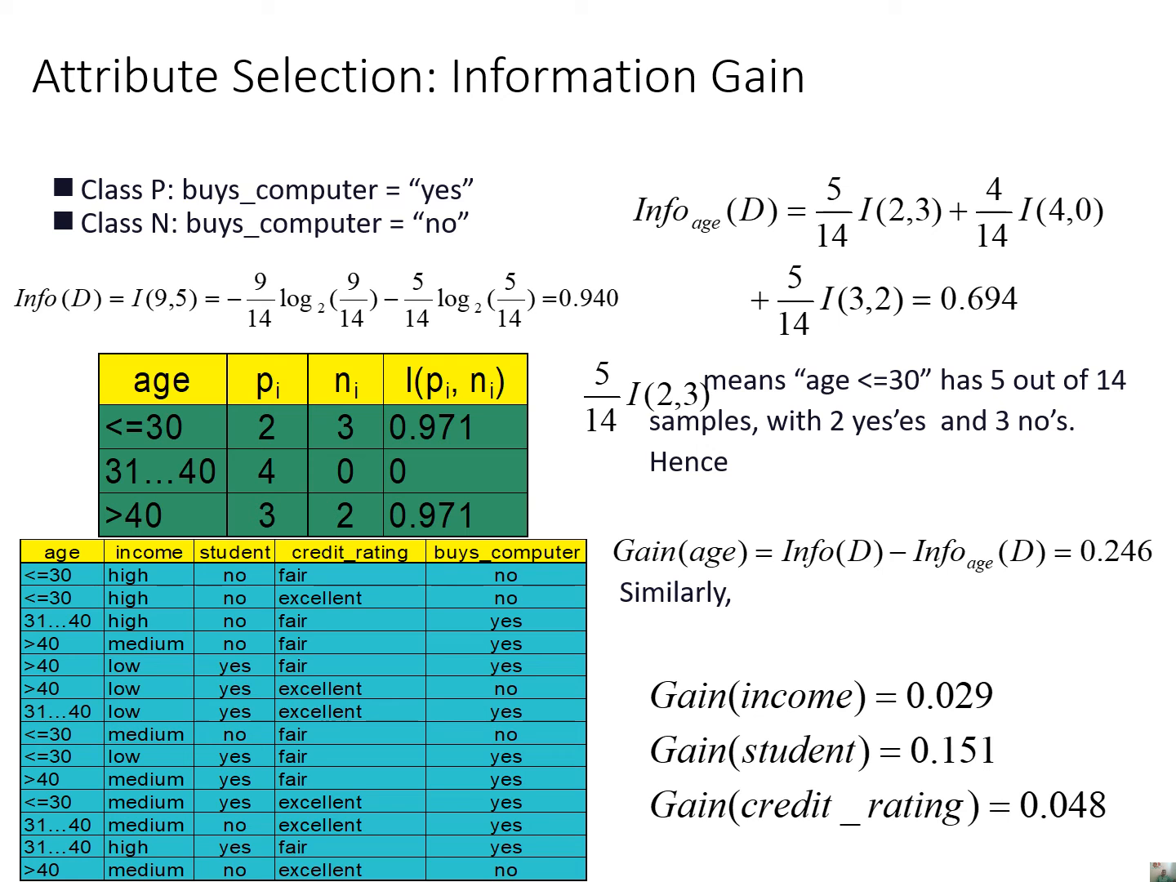The same method we are supposed to apply for all the attributes like income, student, and credit rating. When we apply this method on all the attributes, we get the information gain for income, 0.029, for student 0.151, and for credit rating 0.048. Out of these four, we know that 0.246 has the highest information gain, and this has to be used first, and that is why